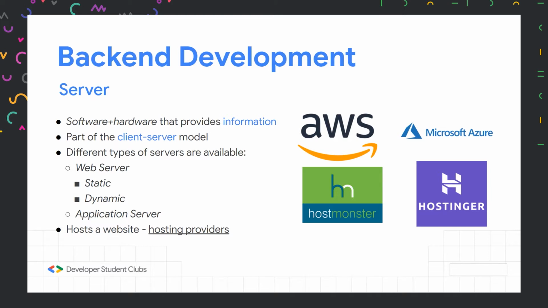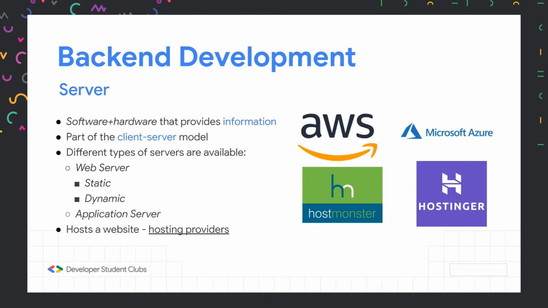Now, there are two kinds of web servers. There's the static web server and there's the dynamic web server. A static web server just hosts your front-end files and displays them every time the files are accessed. There's no back-end code to change the files every time they're accessed. A dynamic web server is a static web server along with software and a database. So the files that are to be fetched are processed and then fetched from the web server using HTTPS requests.